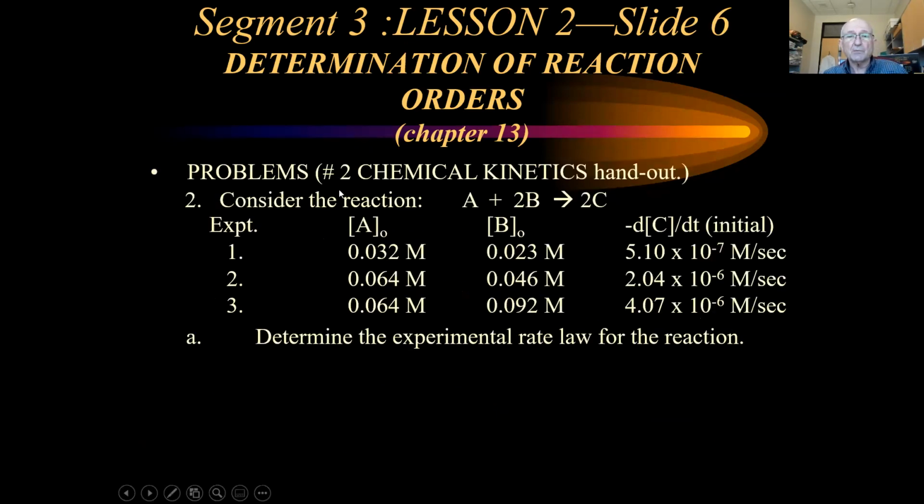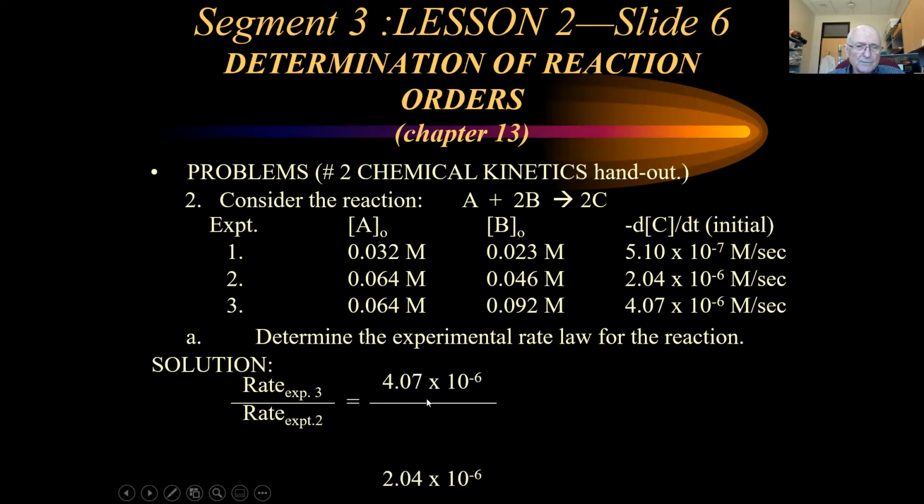Now, let's look at some problems with this. And here are some initial rate studies. And we want to determine the experimental rate law from this data. Well, why did I pick reactions 2 and 3? Because I looked at my data and I made this concentration the same as this one while I varied this one. By doing that, these concentrations are the same, so since they appear in a ratio,